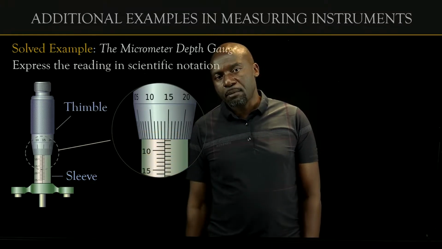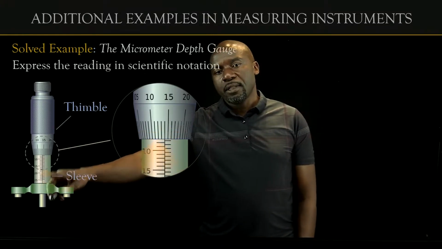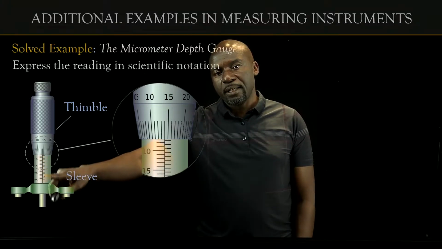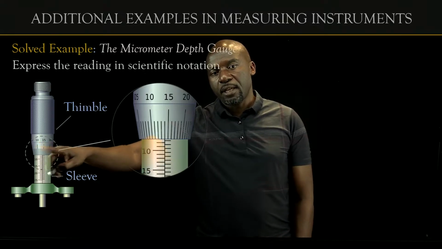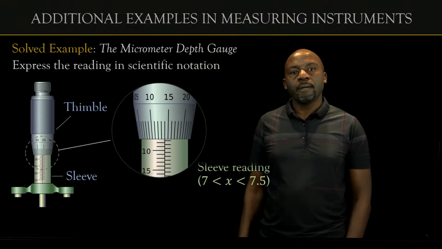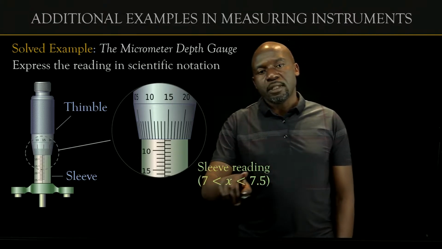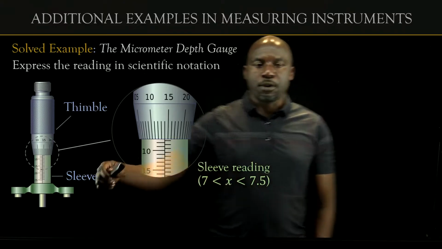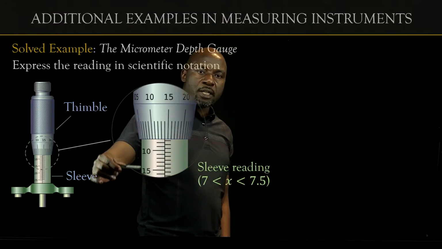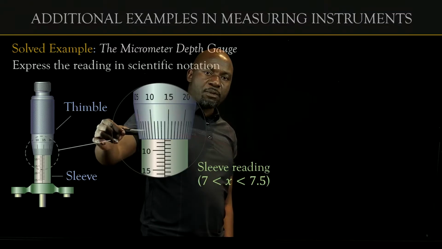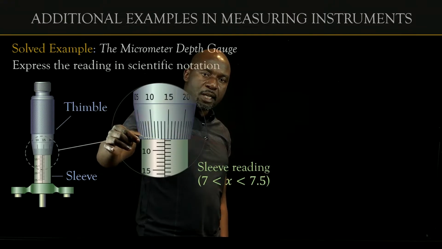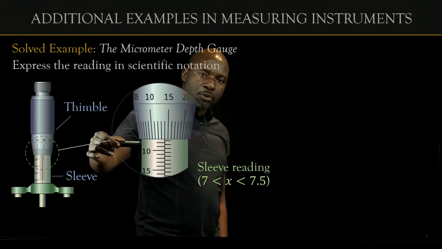This part is called the thimble. This is called the sleeve reading. This scale here is going to be the sleeve reading, and that is going to be the thimble reading or scale. If we are going to take a reading, we go to the sleeve reading, and if you look at this, you should be able to see that coming from this side here, that is 15, so that is 10, so there must be 5 somewhere around here, and there is a 0 somewhere there. So if we start from 0 and we're coming this way, we should be at 8,